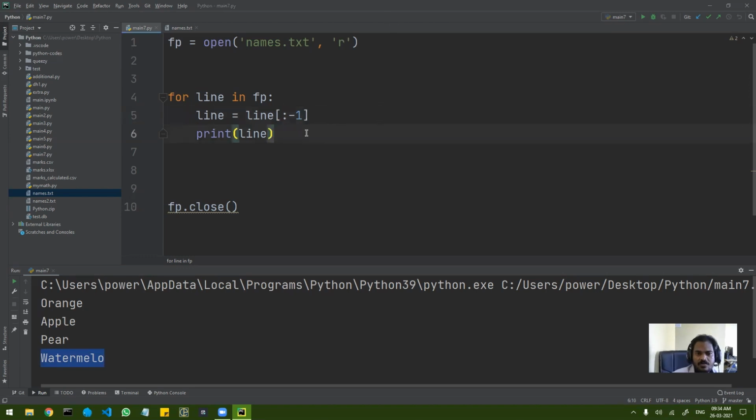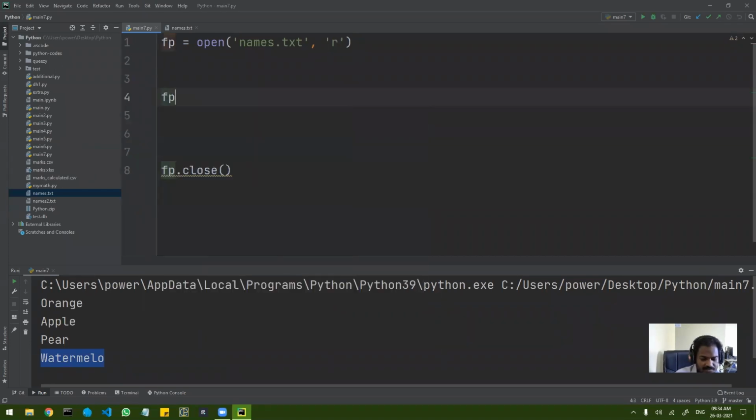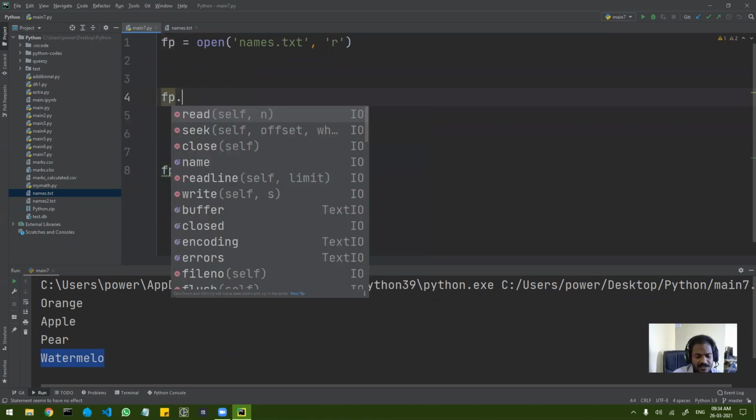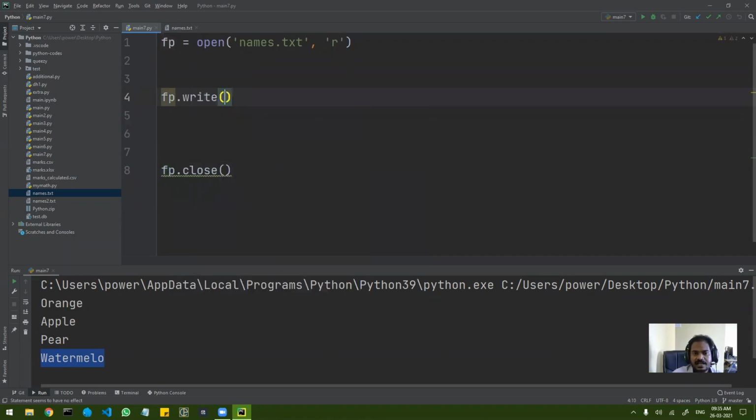Okay, so now let us quickly look at how to write. Right now if I want to write something onto this file, let's see what happens. So fp, for writing you have the write command. Okay, so you can say write, and here you can simply specify what you want to write. Okay, so let's say